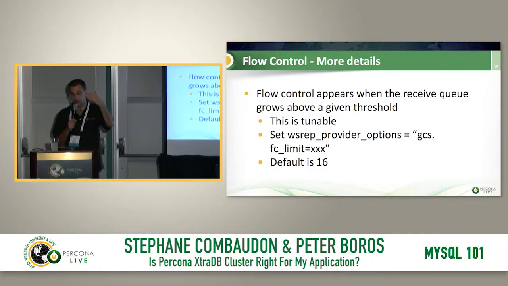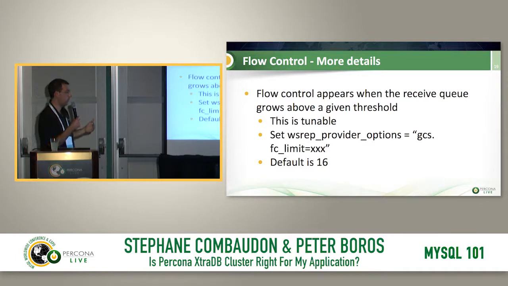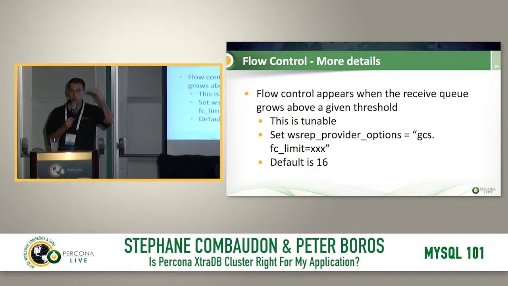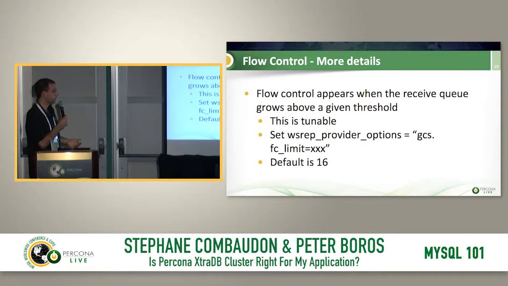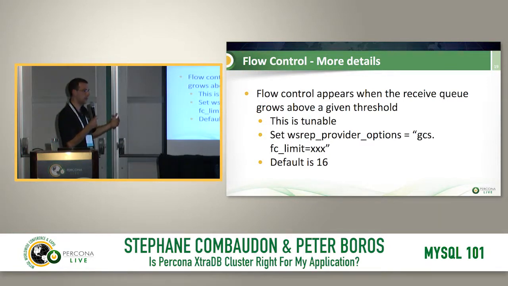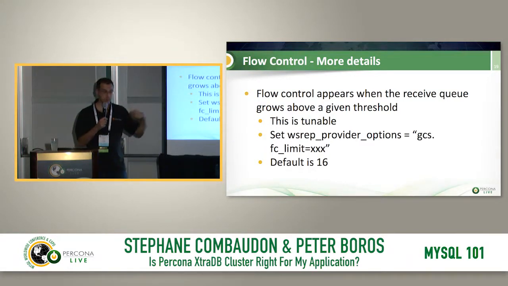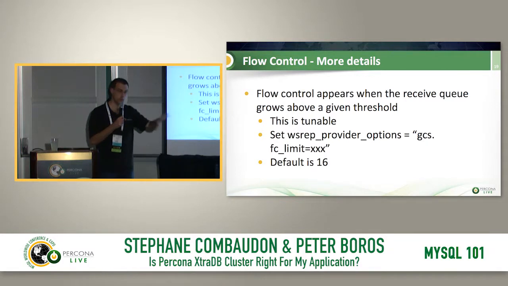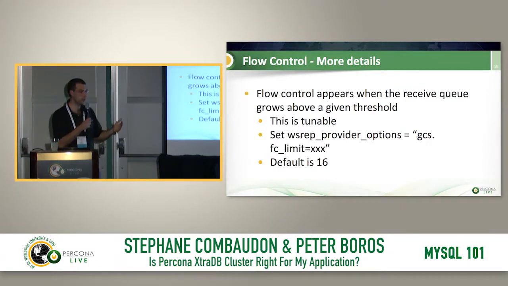The events in the receive queue will be executed, and if we put more events in the receive queue than we are able to empty, it's going to grow and grow and grow. And at some point, the node will say, okay, it's growing too large, so I'm sending flow control messages. And then the other nodes will stop accepting writes,